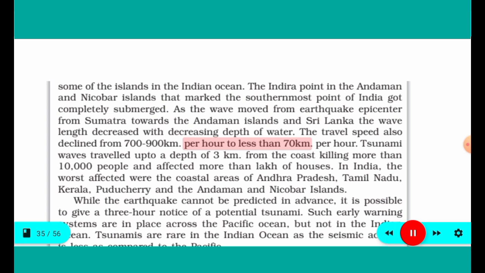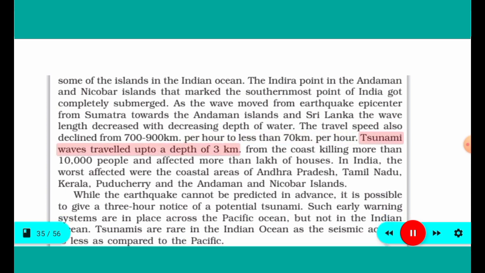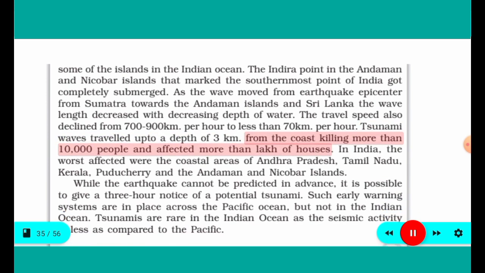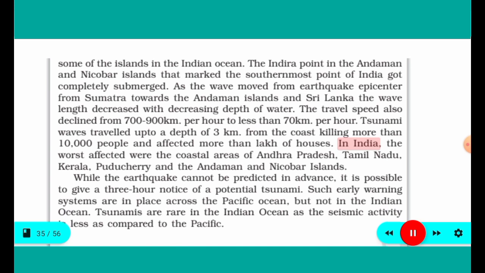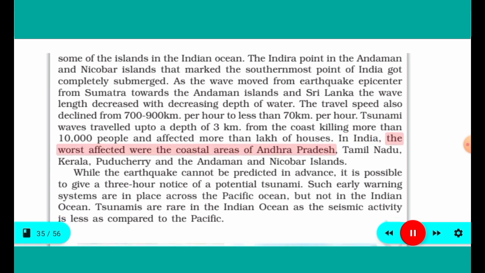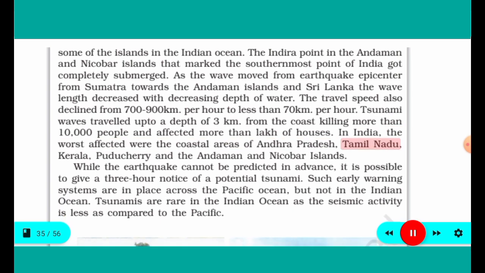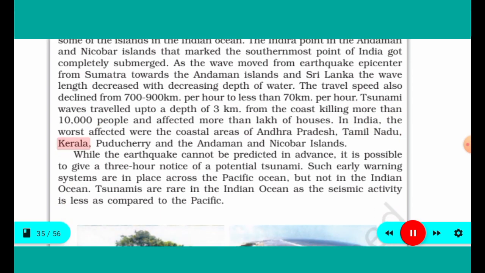km per hour. Tsunami waves traveled up to a depth of 3 km from the coast, killing more than 10,000 people and affecting more than a lakh of houses. In India, the worst affected were the coastal areas of Andhra Pradesh, Tamil Nadu, Kerala, Puducherry and the Andaman and